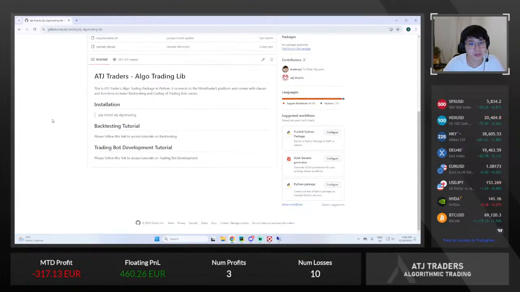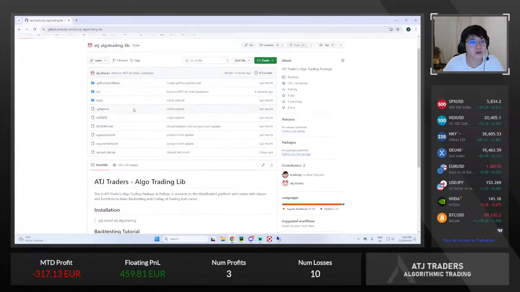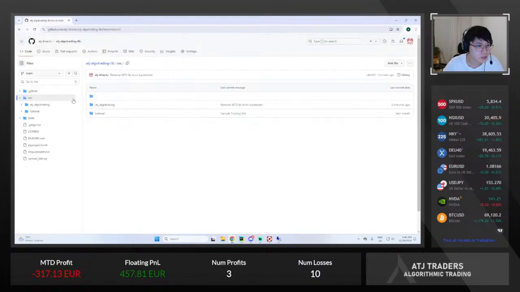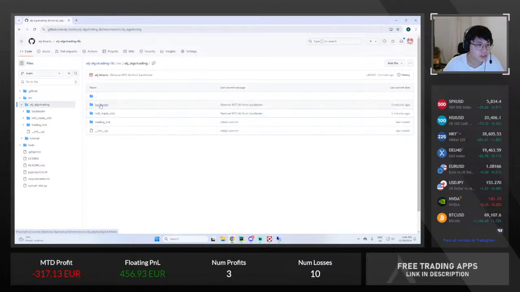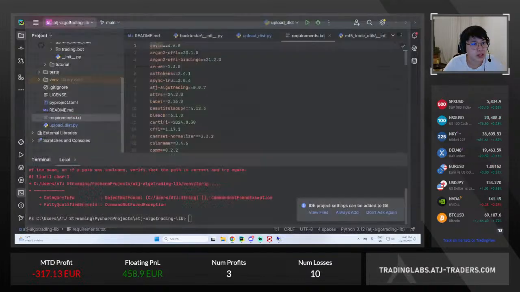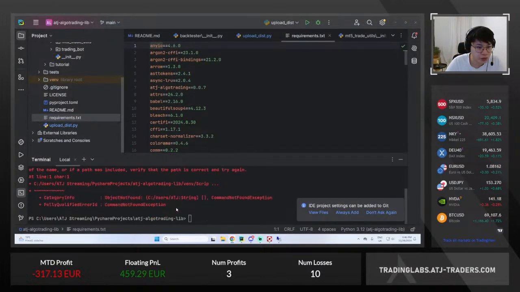What I'm doing is uploading that code to the PyPI repository, and this includes the classes that we're using for algorithmic trading, such as the backtester, MT5 trade utils, and also the trading bot. So these three things we are using, and so now I just need to